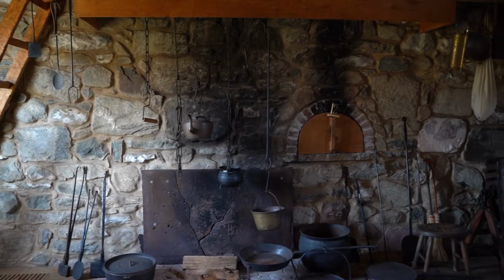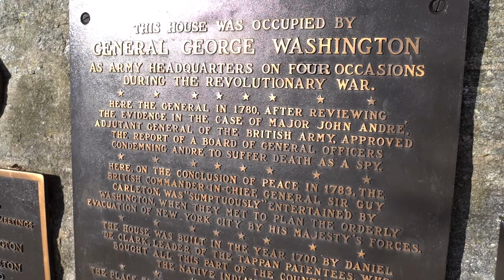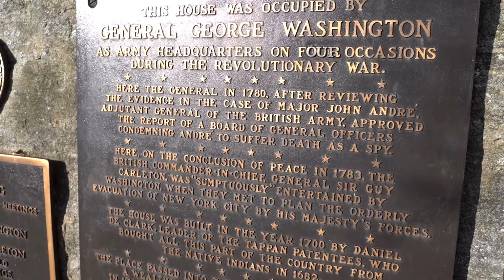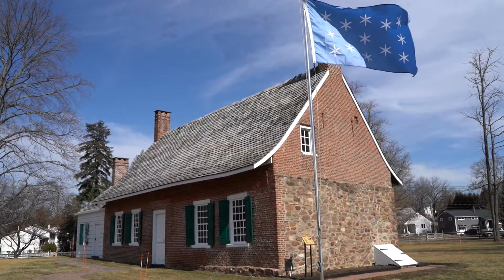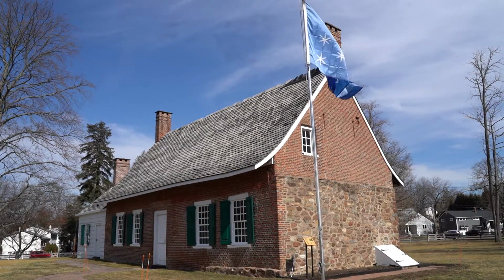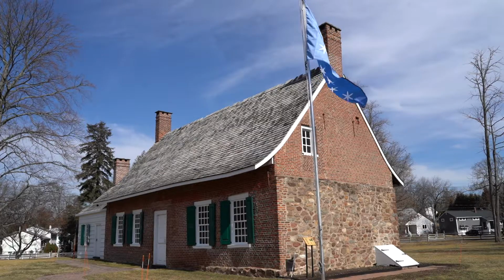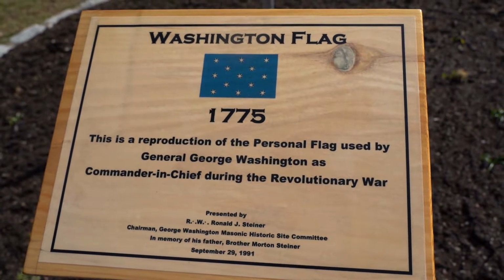Now, of course, in the 90s, we did a restoration on the house, but our goal was to make the house as much as we could what Washington saw when he was here. And while Washington made this house his headquarters 4 times during the American Revolution, in 1780 he came here to inspect fortifications along the Hudson, and the second time was when he came here for the trial of Major John